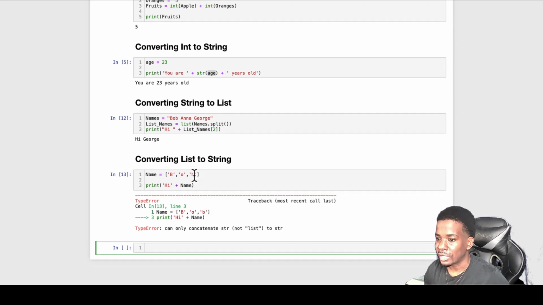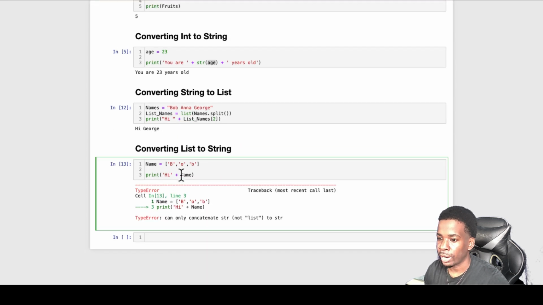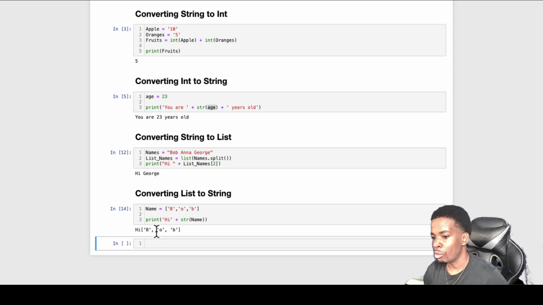Great, we can simply fix this. I think most people are thinking by putting in the string variable here to change the list to a string. So let's see what happens when we do this. We get hi B-O-B. Now we still don't want this. This is not what we want. We just want to see hi Bob. Why do we get all this other